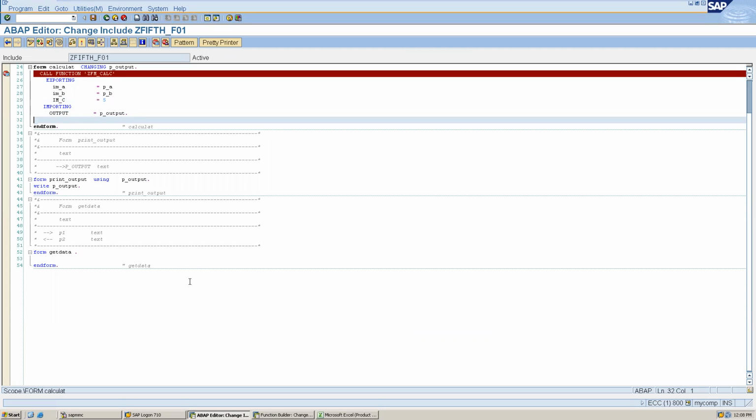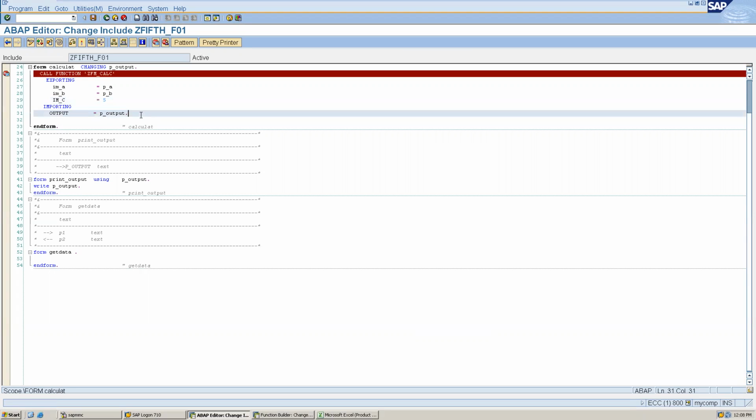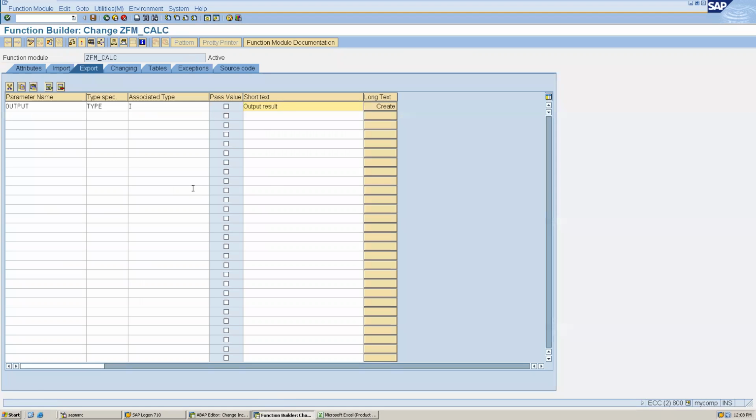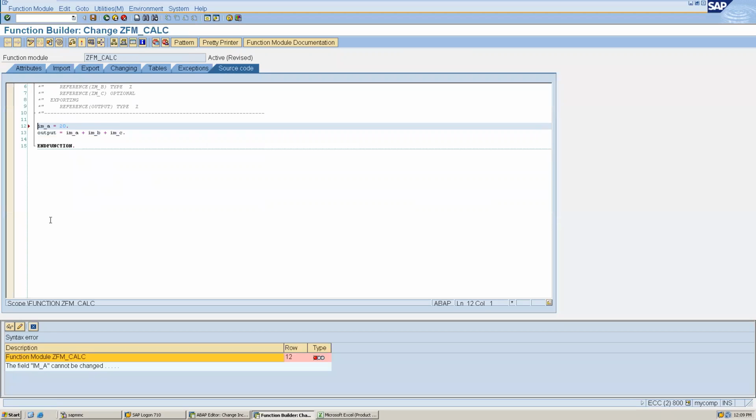Okay, fine. Now here we can also make changing parameters, but that is the only difference with changing parameters. If I try to change this I_A, I_B, it will not allow me. For example, here if I write I_A equals to 20, if I want to change this value inside this, and if I try to, you can see here, this cannot be changed. It means whatever importing parameter is there, we cannot change that.